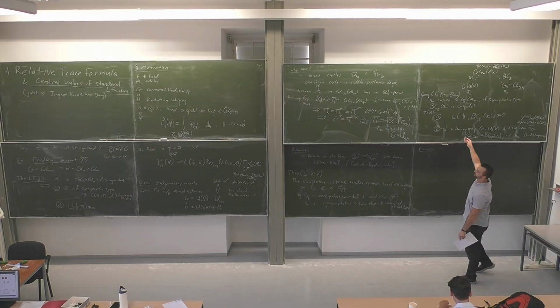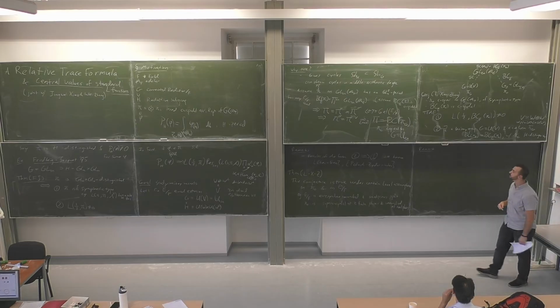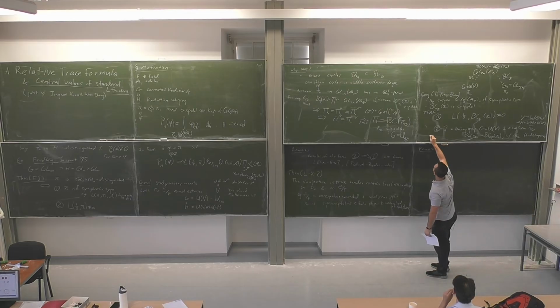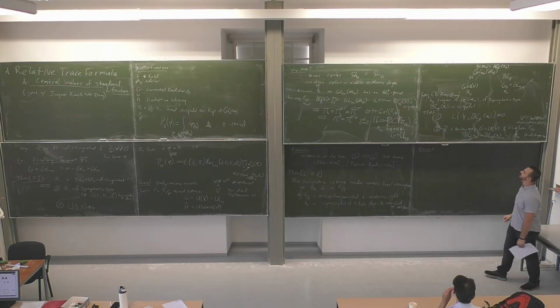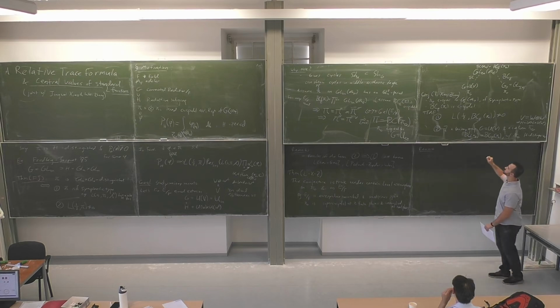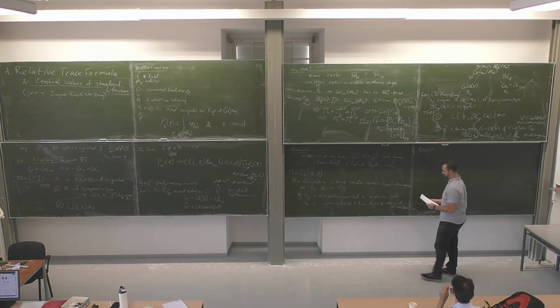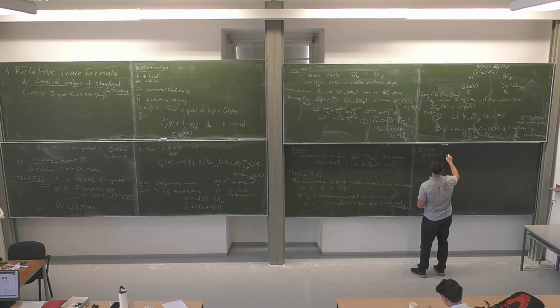So in this world, there's these sorts of qualitative types of statements where you have a non-vanishing of an L value if and only if a period integral. And this is a sort of result of GGP type. And you might also be interested in a quantitative statement where you explicitly relate the values. And so in this context, we expect a formula